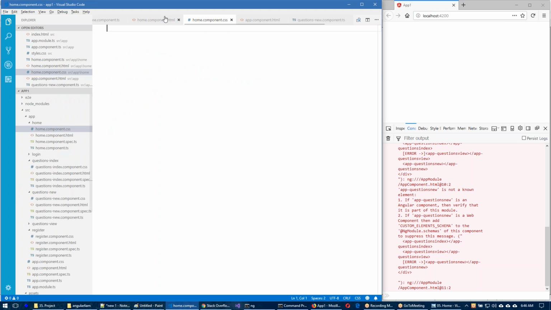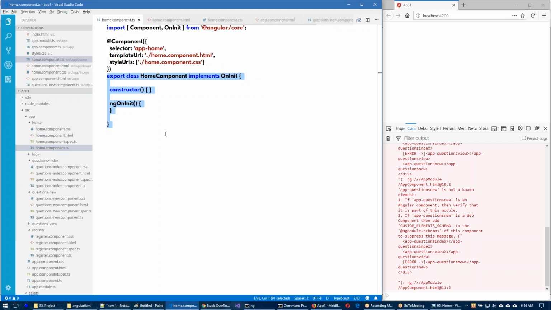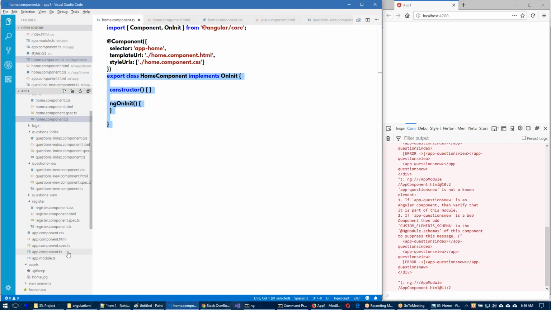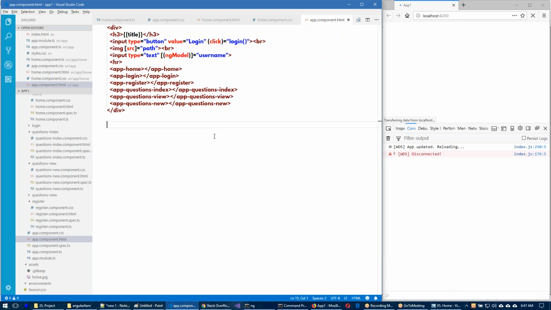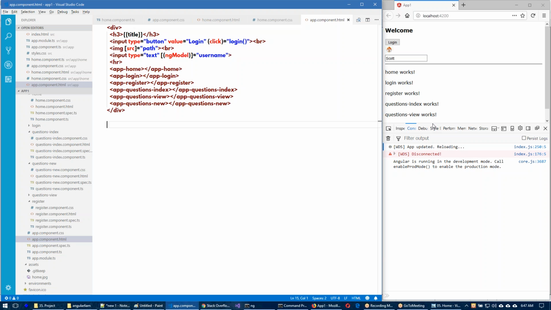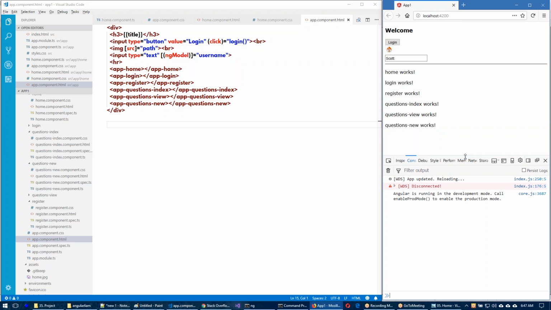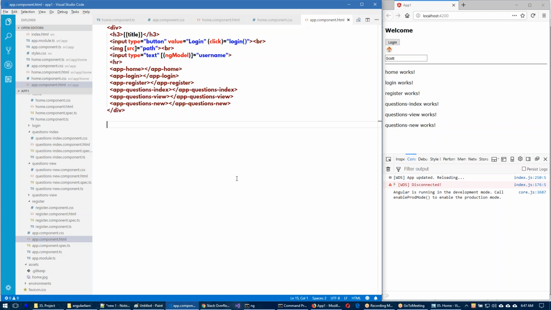So hyphen also we have to add. So all together, all the components worked.